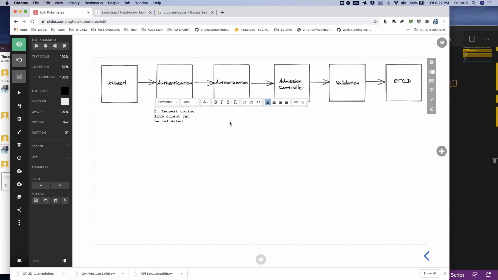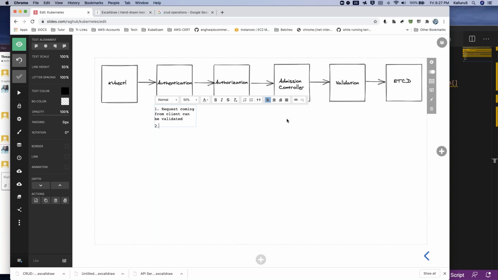A request coming from the client can be validated, and the second thing what it does is